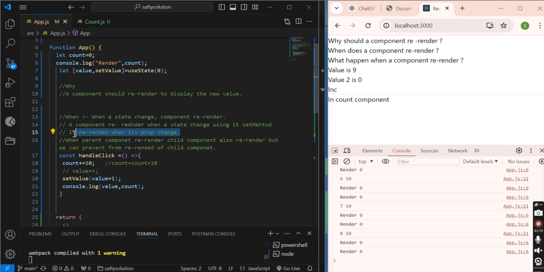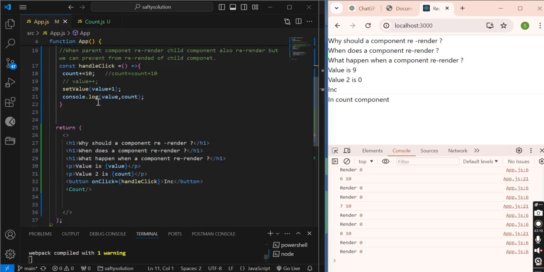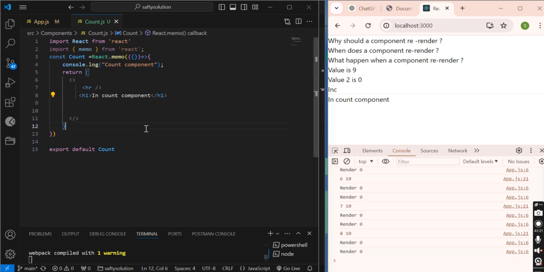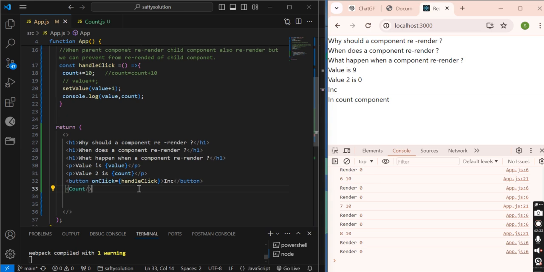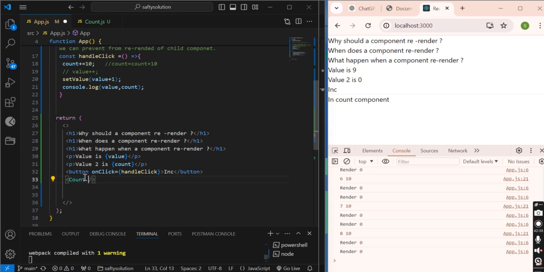Now here is the second scenario. It re-renders when its prop changes. Here this is the parent component and this is the child component. I have said that the child component re-renders when its prop changes. So let me take some props value.